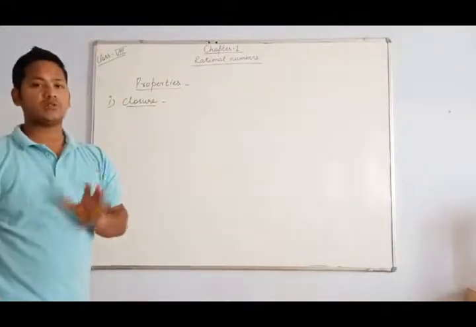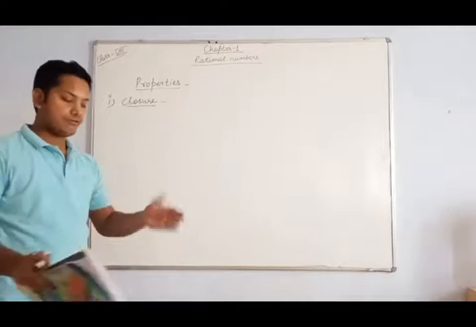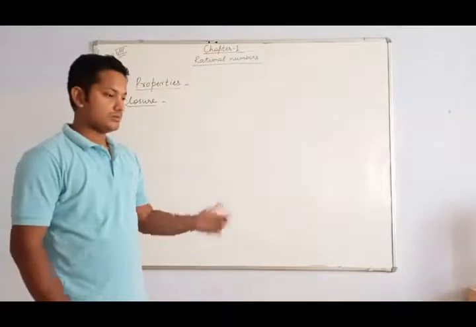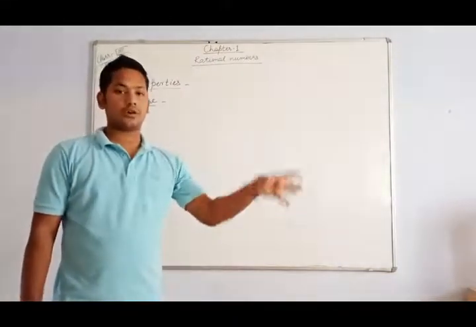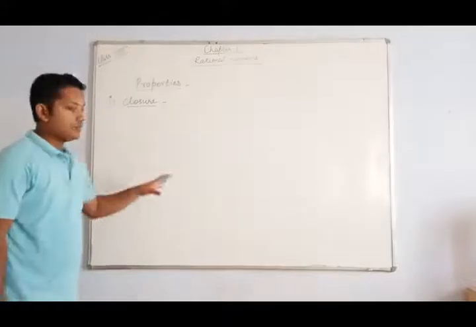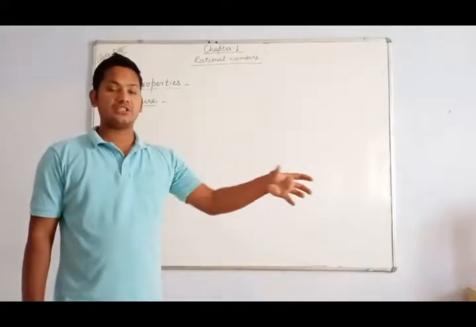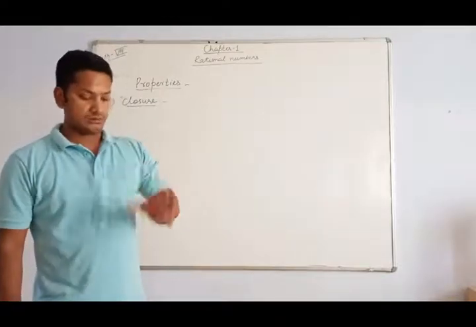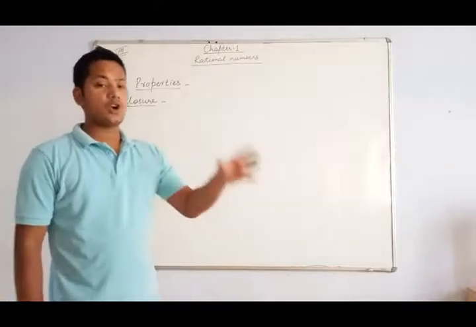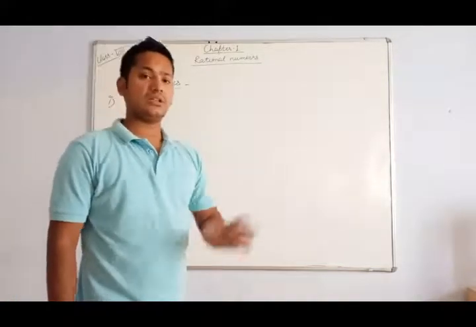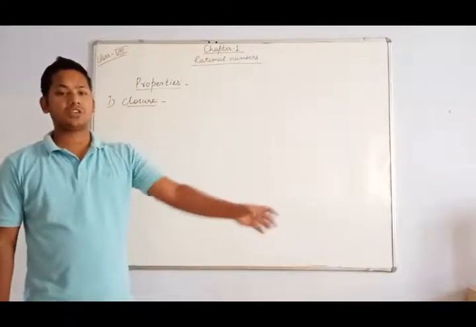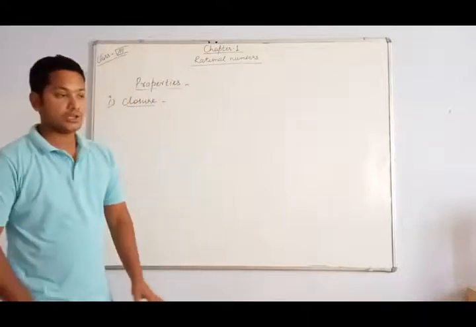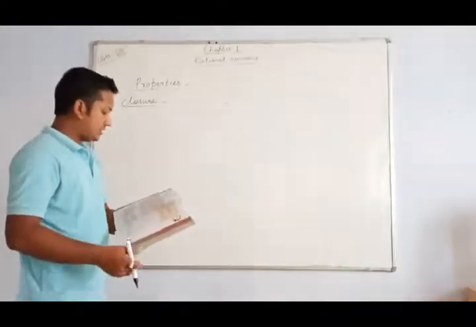At first, we must understand that all these properties are defined for various types of numbers and various types of operations. Suppose I am having a set of natural numbers and I will be using the addition operation. I can use the closure property in the sense: are the natural numbers closed under the operation of addition, under subtraction, under multiplication, similarly for division. Okay, so as you have seen in the table on page number